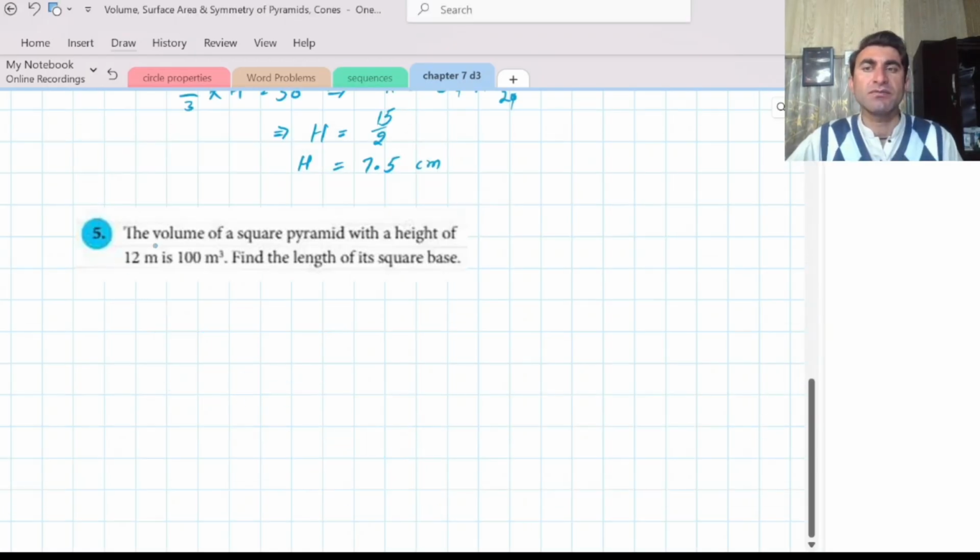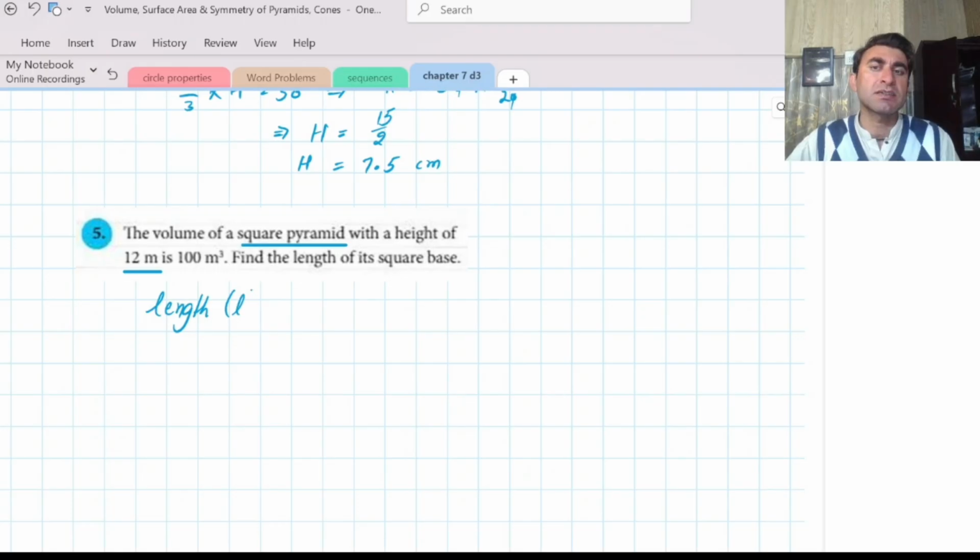In question 5, the volume of a square pyramid with a height of 12 meters. It is a square pyramid, which means that the base of the pyramid is a square, and the height of the pyramid is given as 12 meters while the volume is 100 meter cube. Find the length of the square base. So first of all, as we are to find the length,